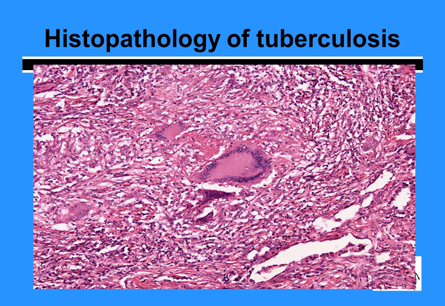Histopathology has already been taught; I am just going to revise. You will see a lot of granuloma, as tuberculosis is a granulomatous inflammation. You will see the slipper-shaped epithelioid cells. There is a collection of epithelioid cells which we call a granuloma. These epithelioid cells combine and can form a large giant cell which is multinucleated. When these giant cells have a horseshoe-shaped arrangement, we call it a Langhans type of giant cell. Apart from epithelioid cells and Langhans giant cells, you can see fibroblasts, lymphocytes and plasma cells around them.